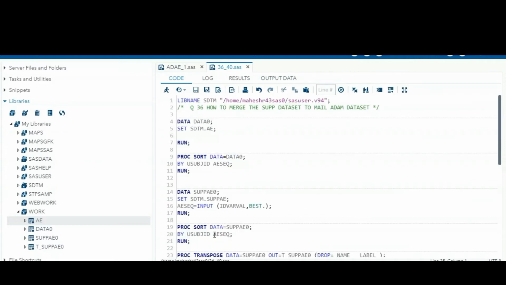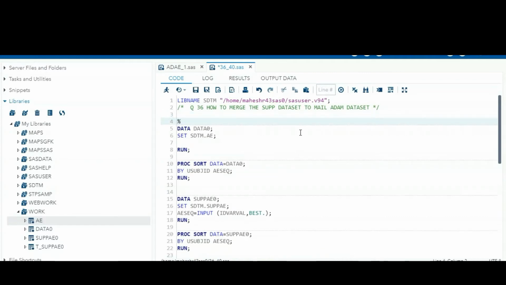Okay. So here, what are the common variables? First you can write the macro and give the macro name. Percentage macro. The macro name I am giving is SDTM underscore sub data set. Here I am calling the macro variable called data.